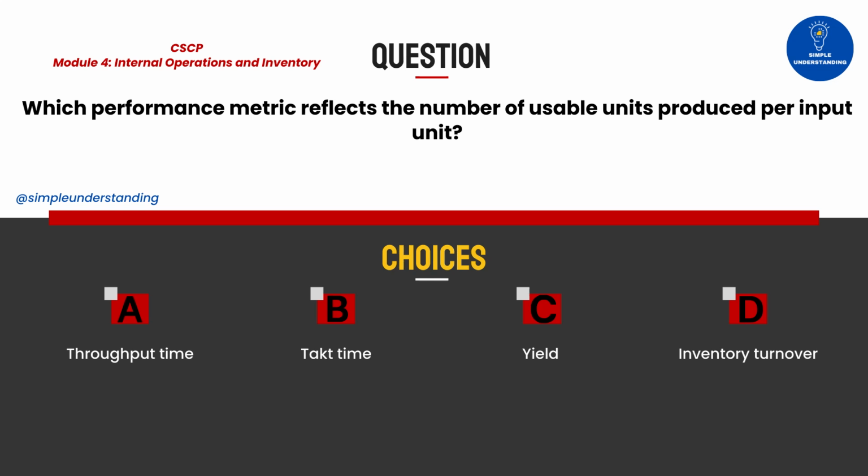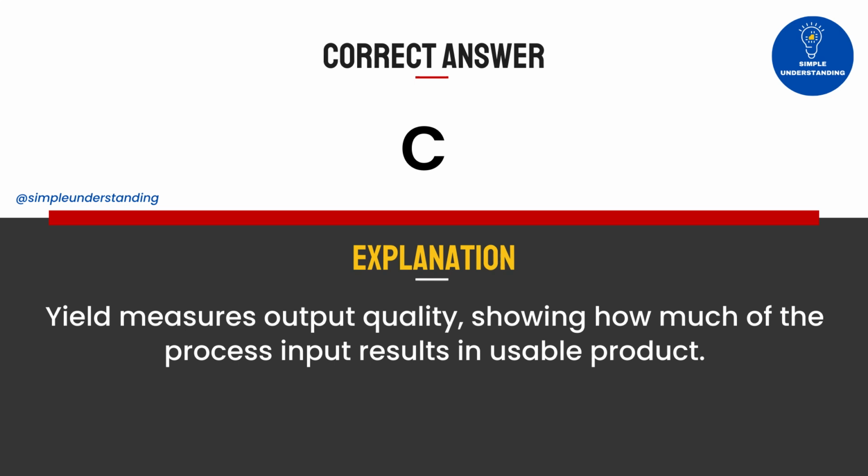14. Which performance metric reflects the number of usable units produced per input unit? A. Throughput time. B. Takt time. C. Yield. D. Inventory turnover. Correct answer, C. Explanation: